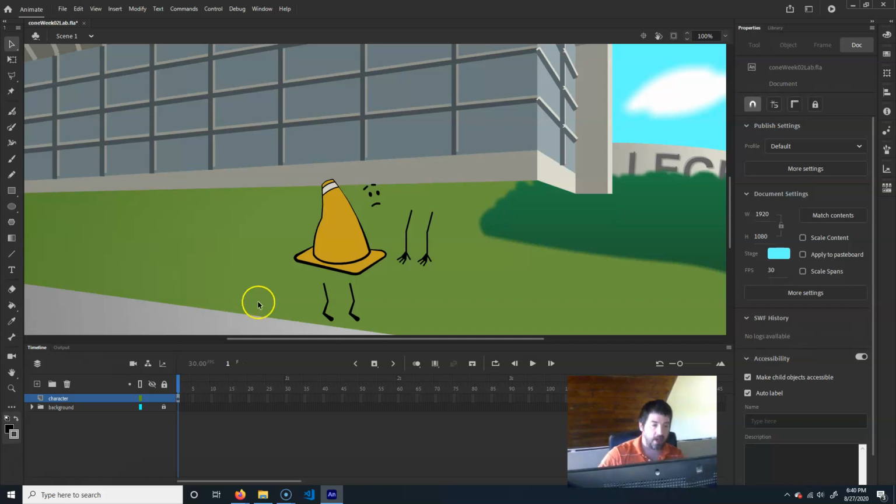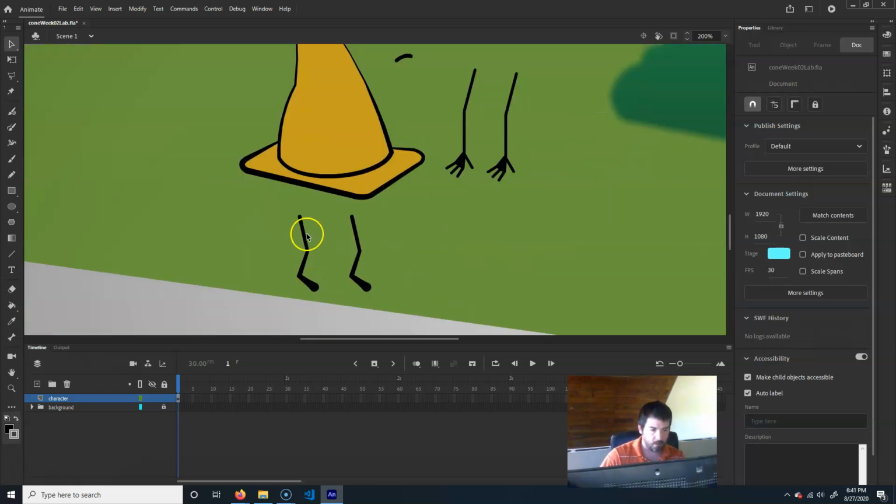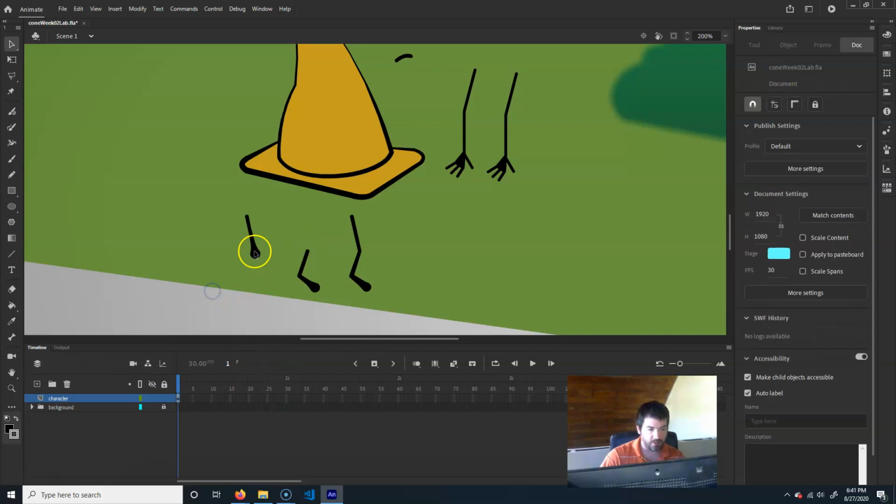Okay. Now, one of the issues that we might run into is this. You'll notice if I grab these, see how they're doing this weird thing? What I need to do eventually is take this and pull this off so that that's the top of the leg and this is the next and so on and so forth. But obviously, it's going to leave it looking like that. And the reason why it's doing that is because,